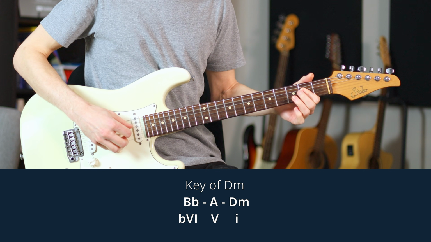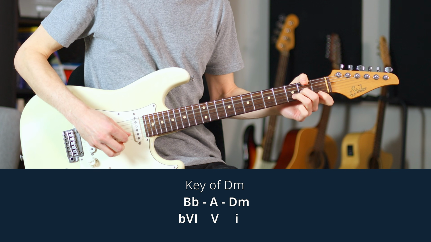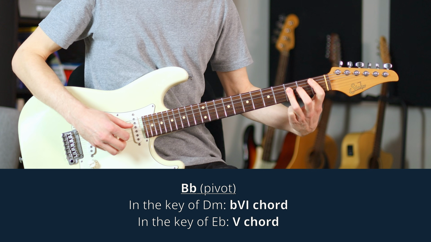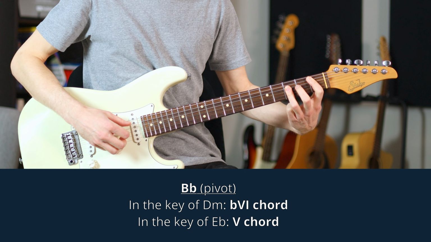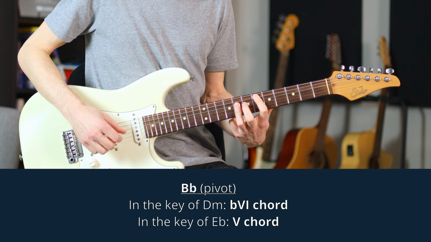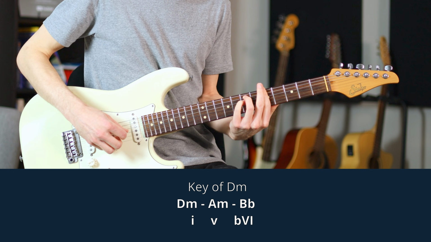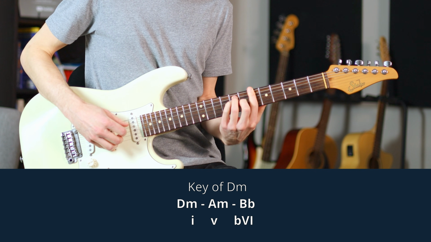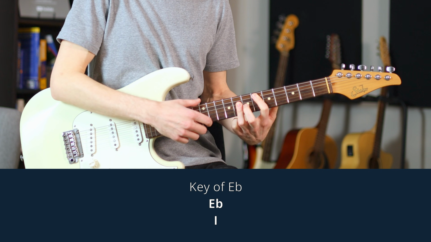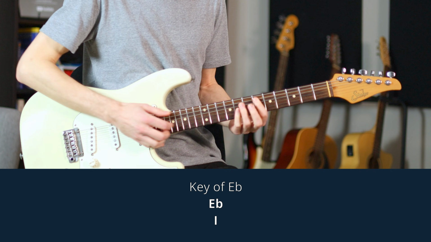So now I'm going to the key of D minor. And then I could use the B flat chord as a pivot chord because it's the flat 6 chord in the key of D minor, but it's also the 5 chord in the key of E flat, right? So I could do. Right? So now I'm in the key of E flat, which is super close to A flat, right? So if I go fast,